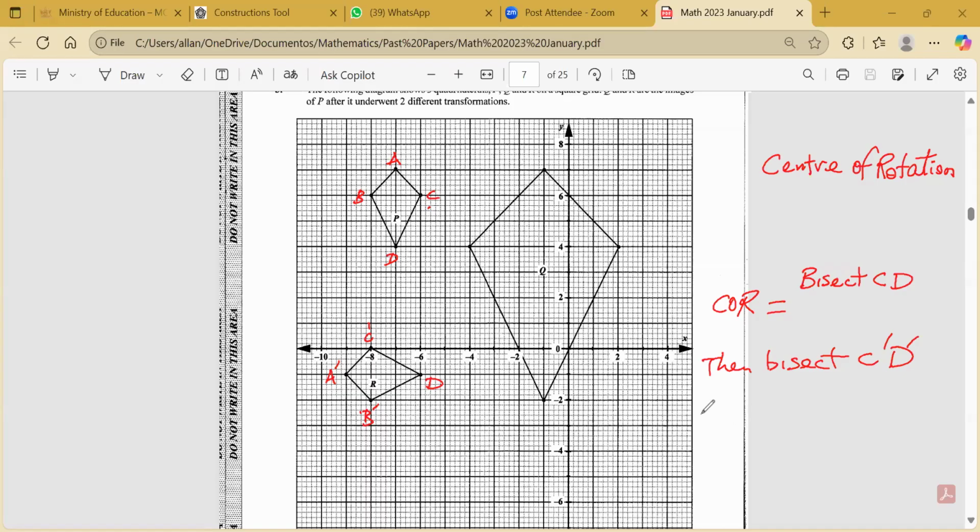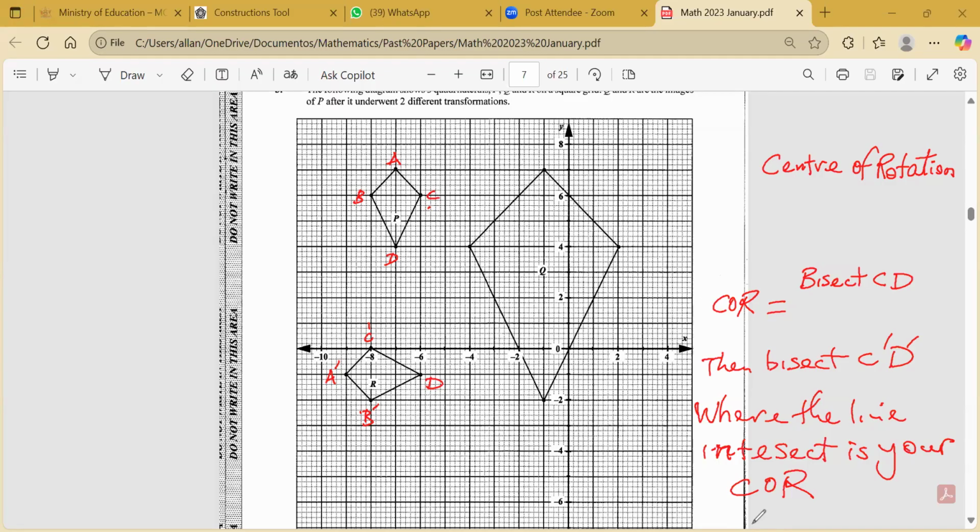Where the lines intersect is your center of rotation. All right, so what I'm going to do on Wednesday, I am going to review everything that I did